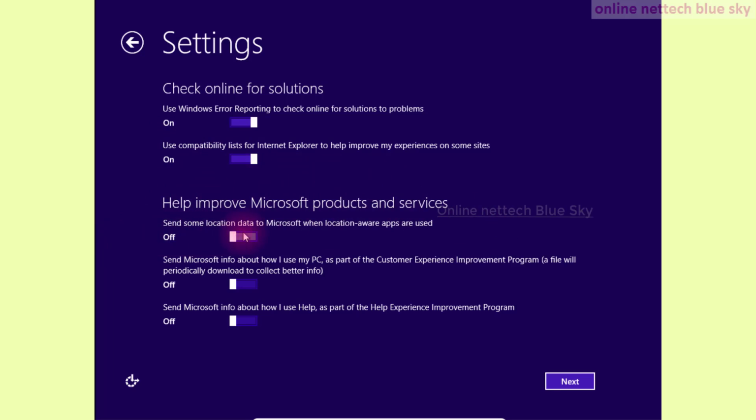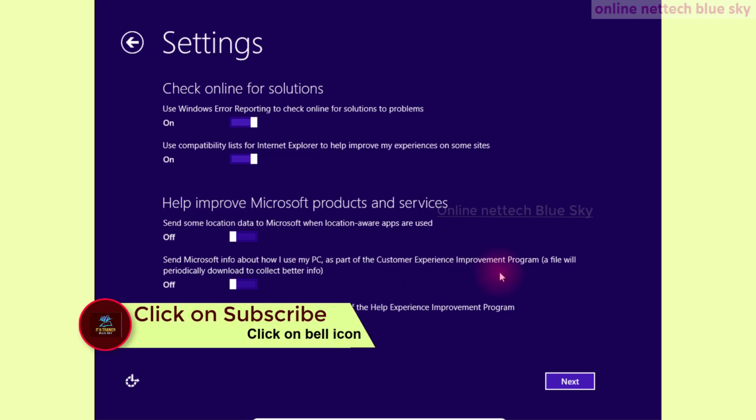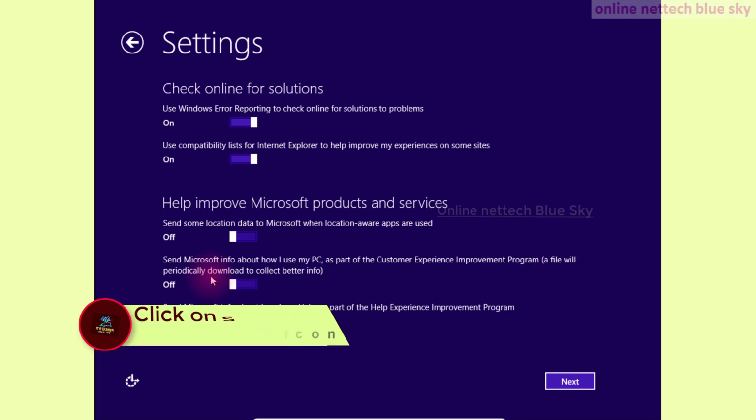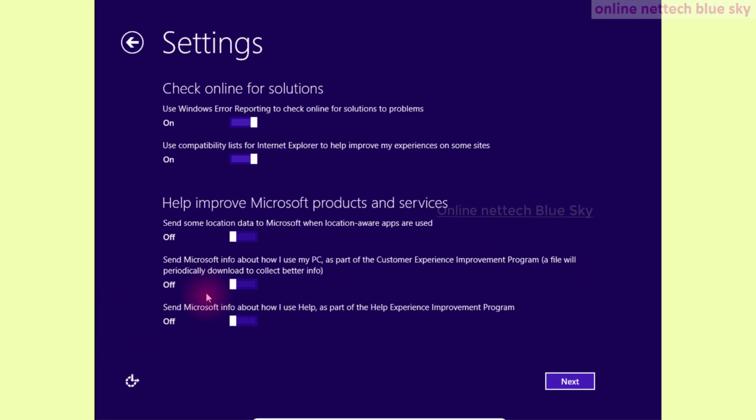I'm sending location off. Send Microsoft information from your PC as part of the customer experience and to improve the program. So some of your feedback is sent to Microsoft to help improve the program. So no, click same as it is.